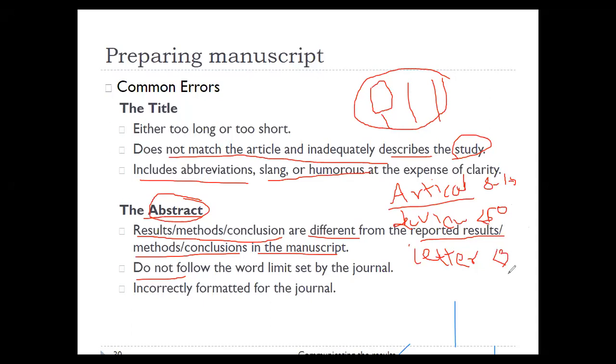Similarly, how many words should be present in this article, that is also a policy of the journal, right? So some journals restrict the abstract to maybe 150 words, for example in letters. In articles, sometimes the abstract is mostly restricted to 300 words. So we should stick to this limit. We should write our abstract in that many words only. So this limit set by the journal should be followed.